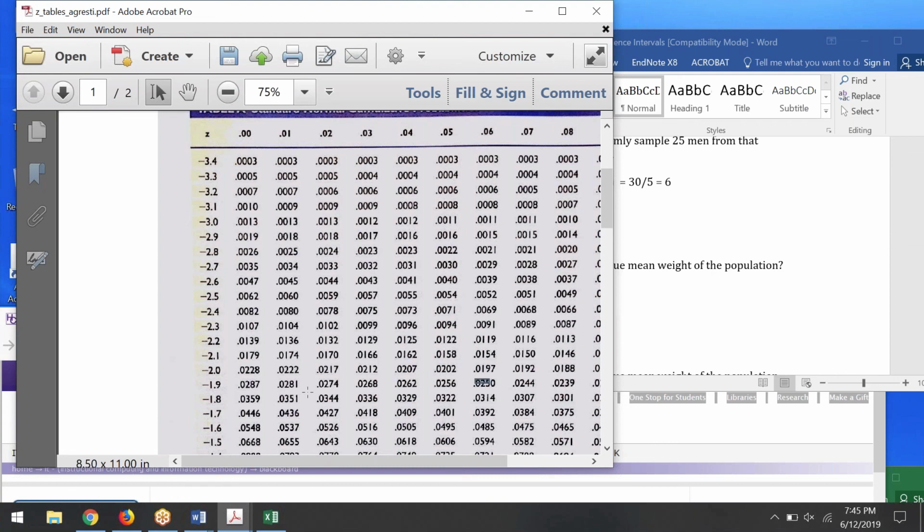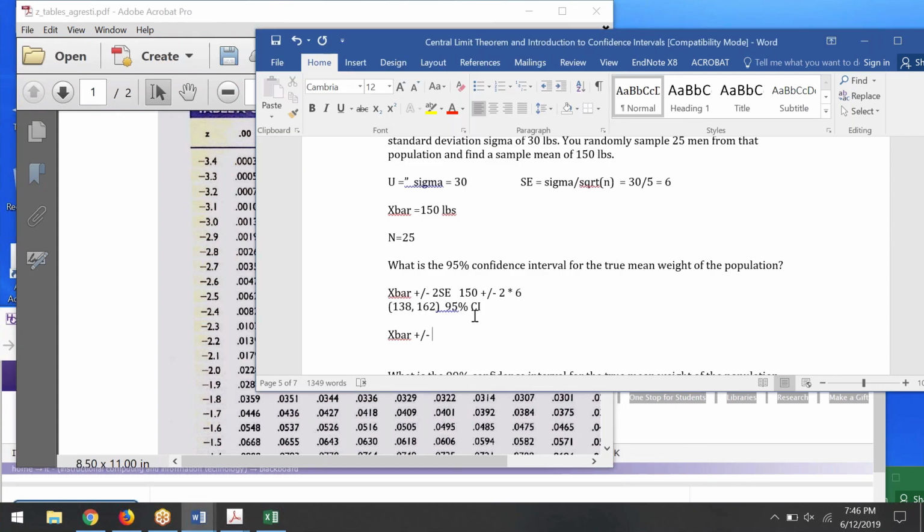Okay, that is equal to a Z-score of 1.96. So it's not really 2. 2.5% to the left and 2.5% to the right is really 1.96 standard deviations below the mean and 1.96 standard deviations above the mean. So my real formula for my confidence interval is X bar plus or minus 1.96 times the standard error